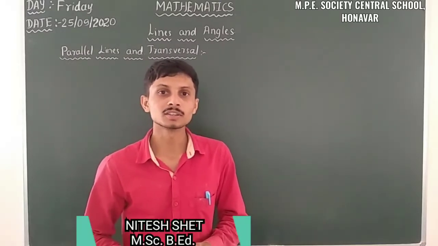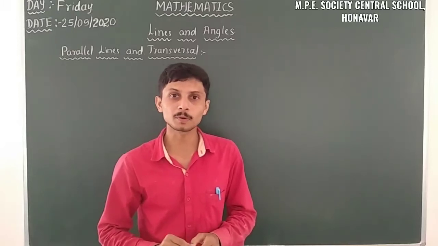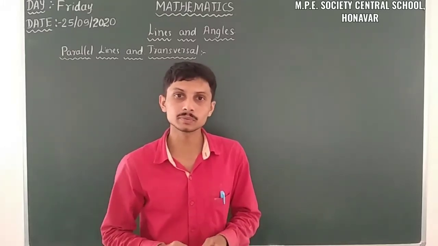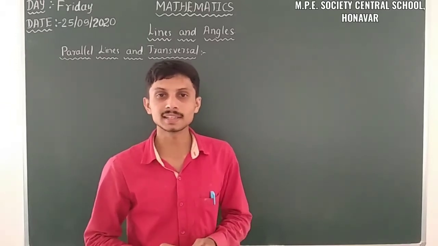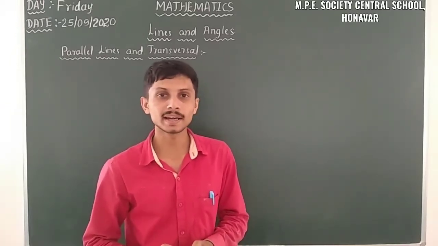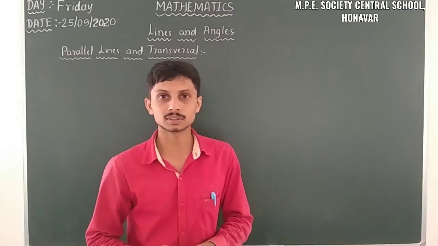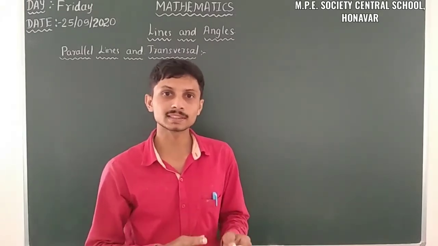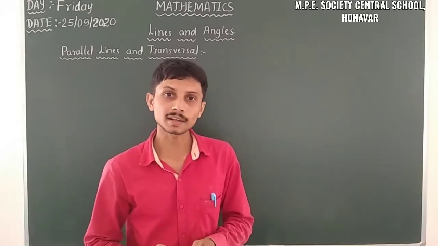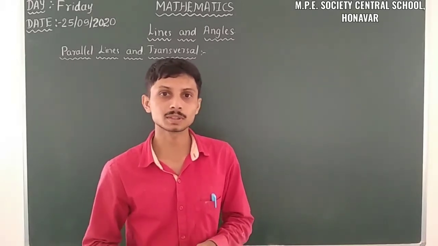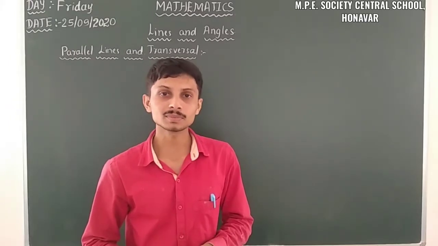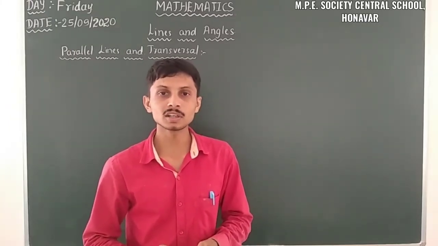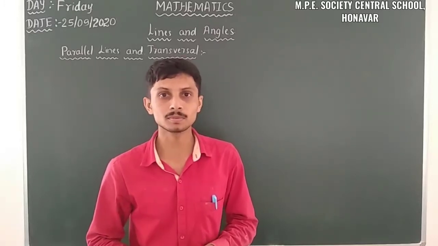I am from Annara. So last class we discussed a topic from 9th standard, that is lines and angles. In lines and angles we discussed lines, angles, pairs of lines, and parallel lines and transversal. In pairs of lines we already discussed some of the axioms and theorems. Also in parallel lines and transversal we discussed some axioms and theorems, and some problems based on parallel lines and transversal. So let us move ahead to the next set of problems.